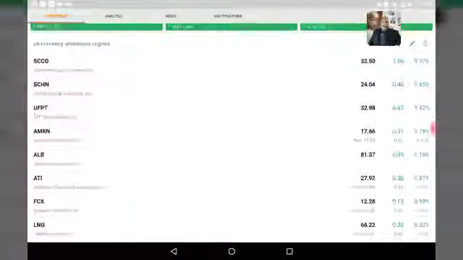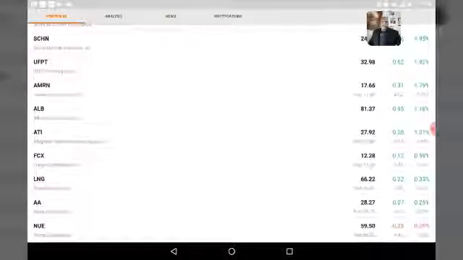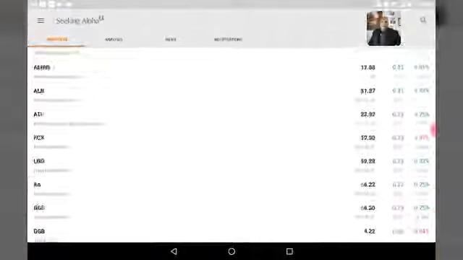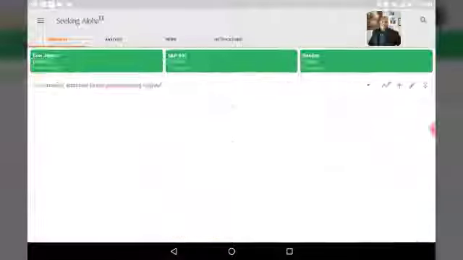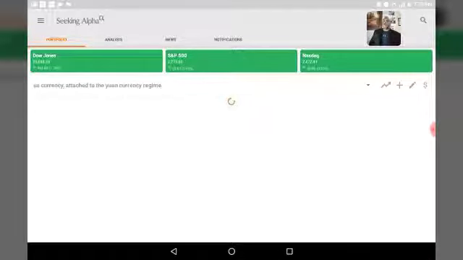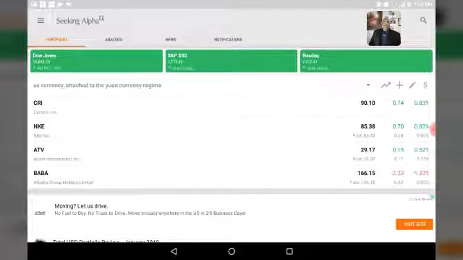Southern Copper, this is all U.S. currency regime. I got a couple of double guys there. I think we already looked at this. U.S. currency attached to the yuan currency regime. Alibaba, damn. Oh, that just makes me want to cry. Anyways,